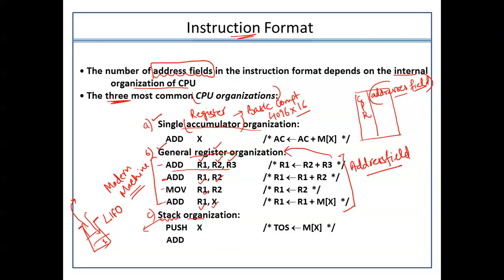So first item came, second came, third came. Now I want to perform the delete operation. Then this third item, which came just now, has to be deleted first. Then this item will be deleted, and then this one. That's why this is working on the LIFO approach. LIFO is last in, first out.